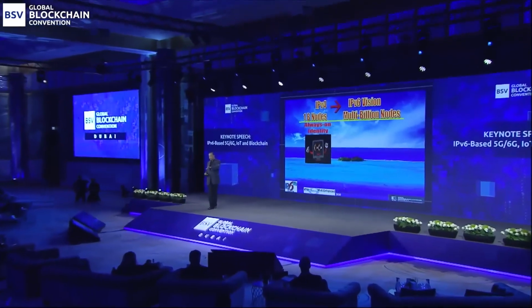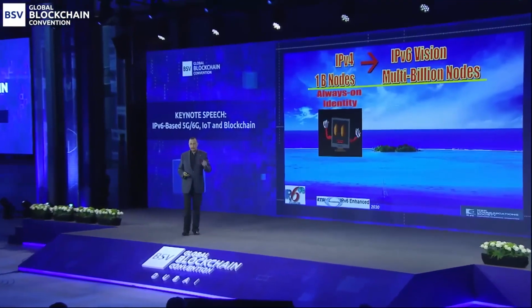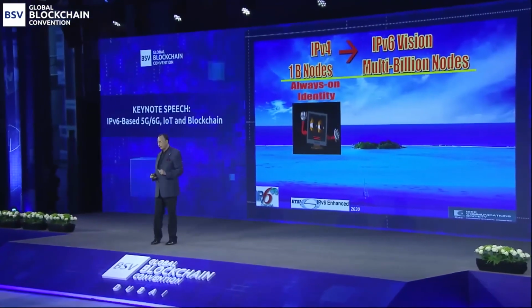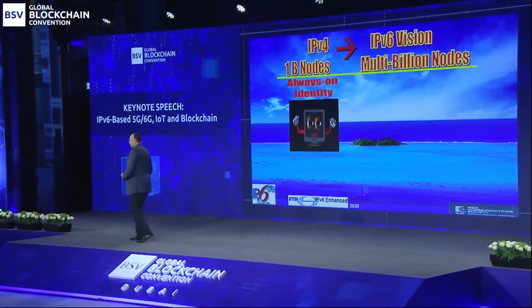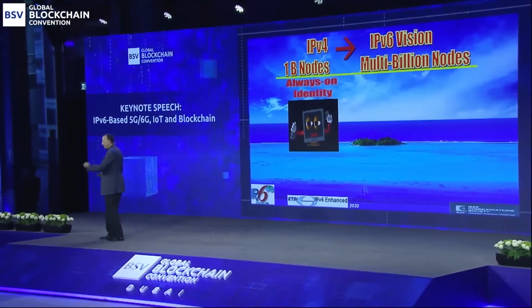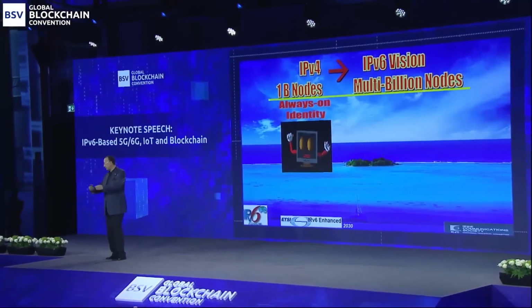I know that in this room, not a single one of you has an IPv4 address, because they're used only for the big servers, which means that you don't exist on the internet because you don't have a single identity. And that single identity is fundamental for blockchain, because you need to connect these things directly to each other. As Craig always says, IP to IP, which means a source IP address and a destination IP address. And this is possible only with IPv6.